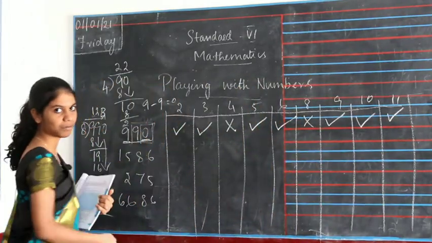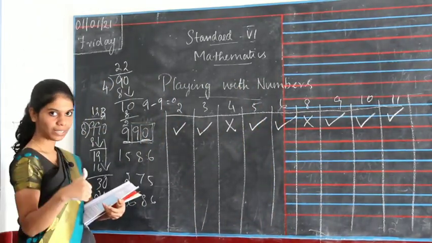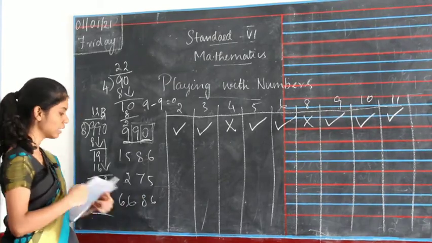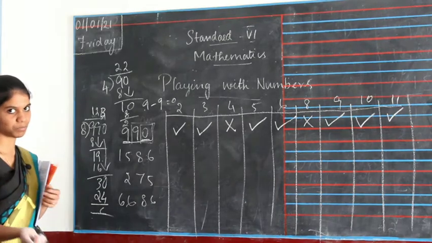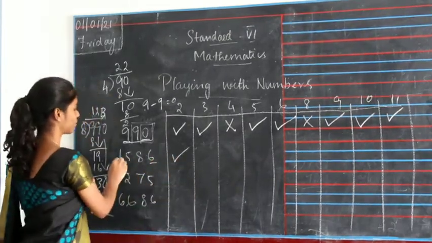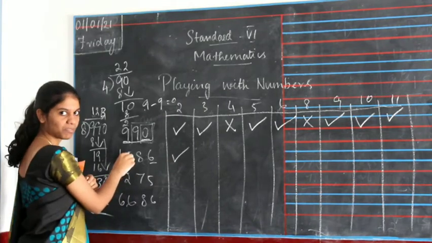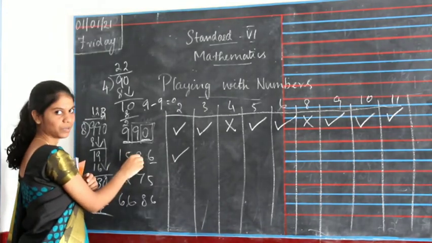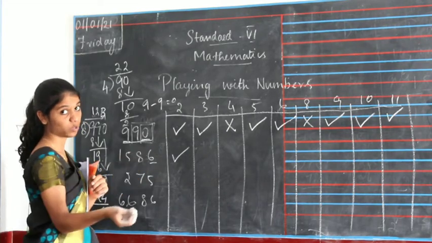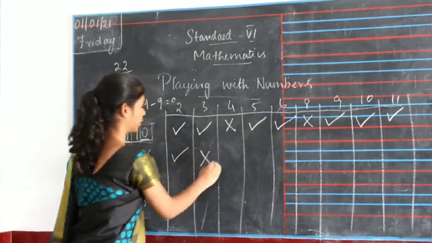Okay, so this is how you should find for all the numbers. I'll find for the first 4 numbers, then you have to find for the rest of the numbers. So here 6, and then add 5 plus 1 will be 6, 6 plus 8 will be 14, 14 plus 6 will be 20. 20 cannot be divided by 3, so not.